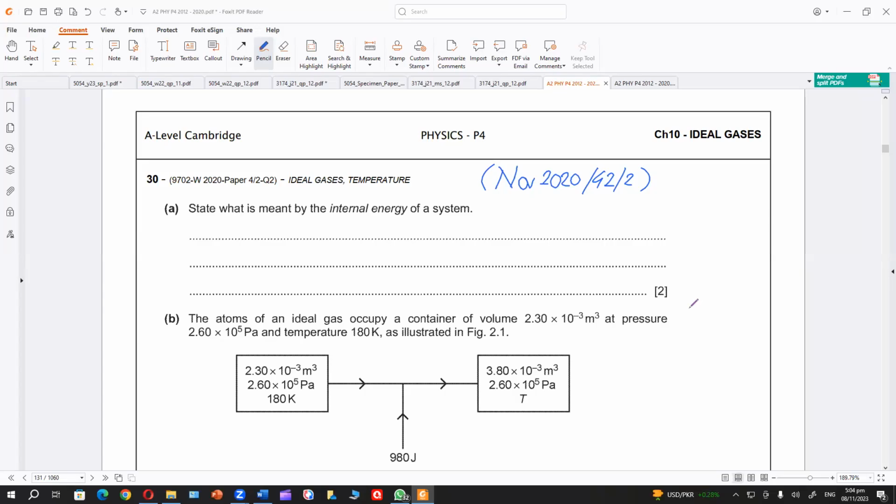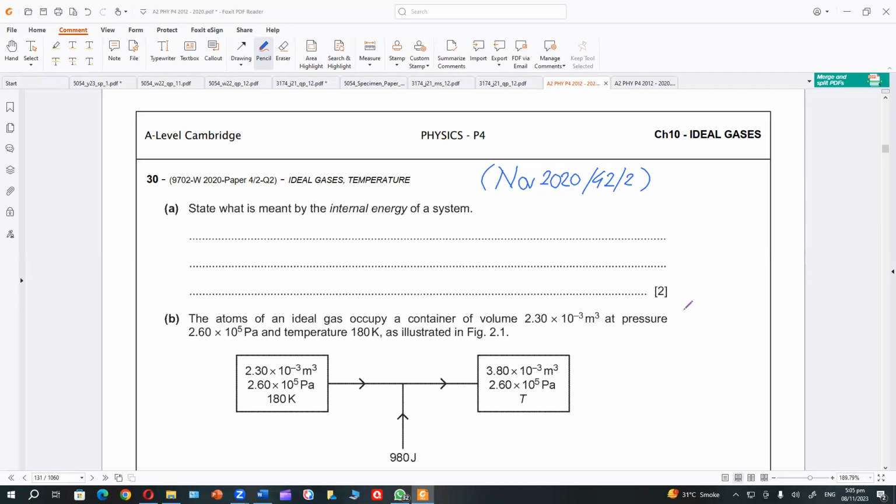We are taking the first question. State what is meant by internal energy of a system. The concept is that internal energy is the sum of kinetic and potential energies of a system. So at a molecular level, there are two types of energies, kinetic and potential. Because it's a 2 mark question, it's a sum of